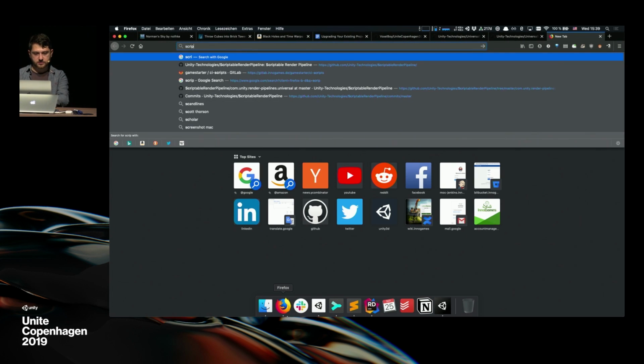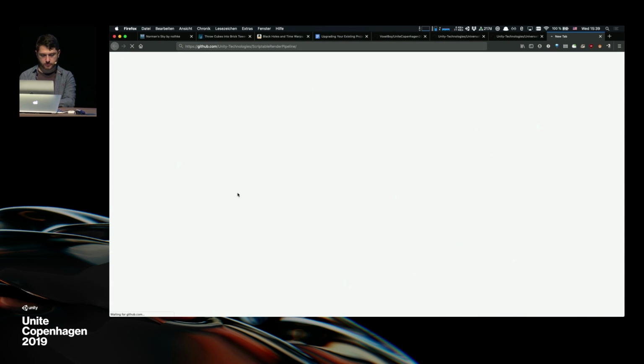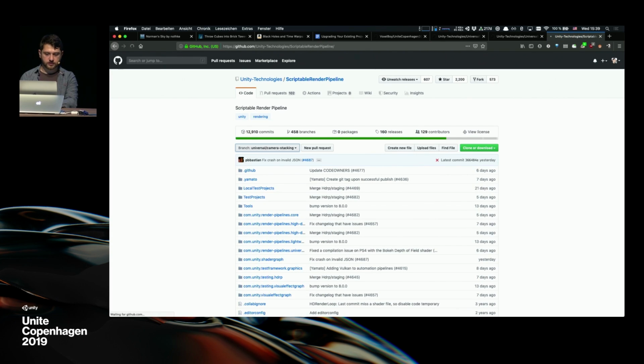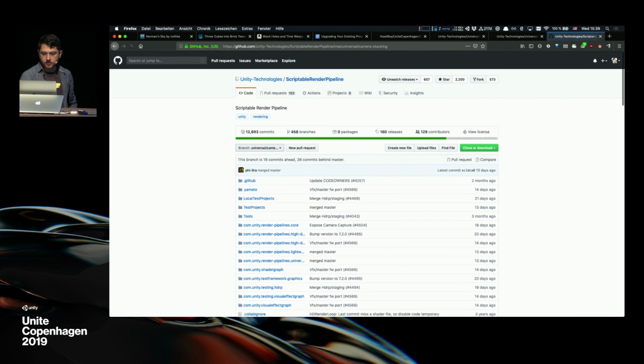If we quickly go to the Scriptable Render Pipeline GitHub repository, we can see there's a branch called camera stacking. If you clone this repository, you can actually put this version of the package into your project and use this camera stacking feature. It's just very early in development right now, and you might get some wrong results,